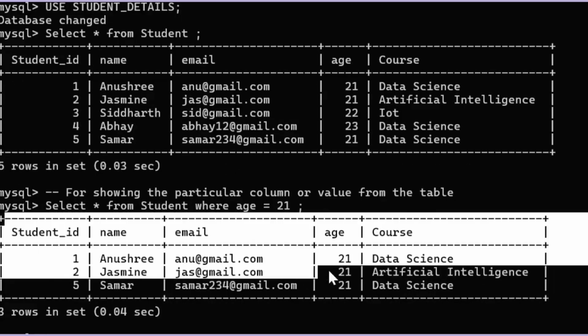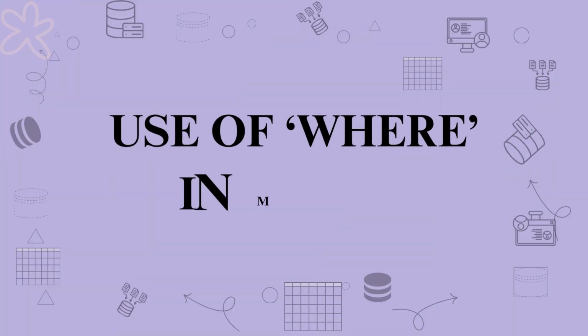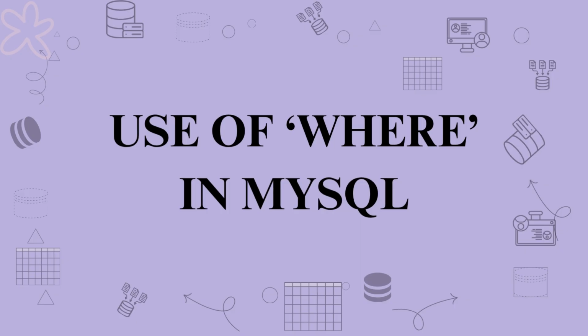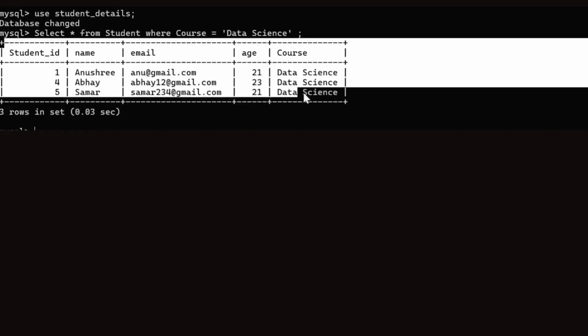Then use of where in MySQL. Where is used to find the particular value or column in the table. Then we need to write select asterisk from student where course equals data science and it gives us all the list of students whose course is data science. Like this. See how easy it becomes.